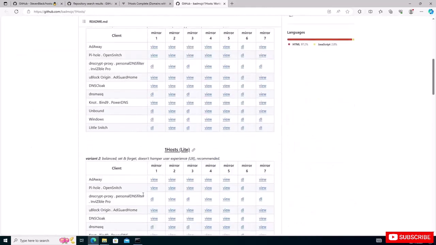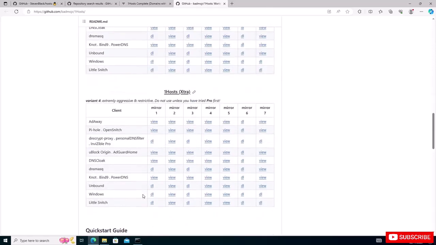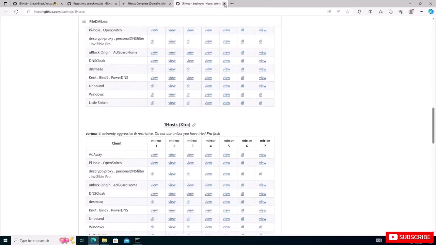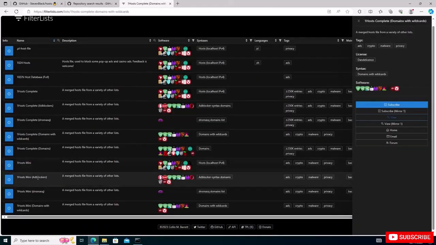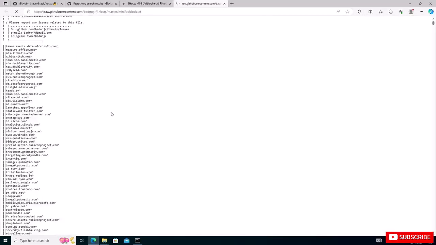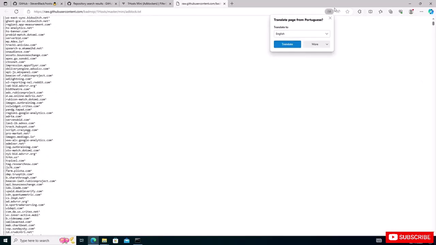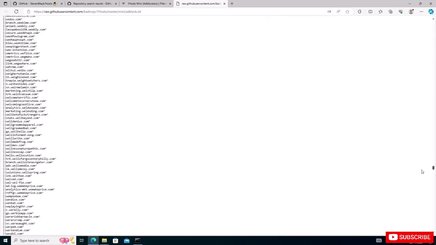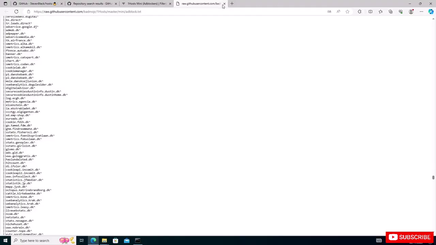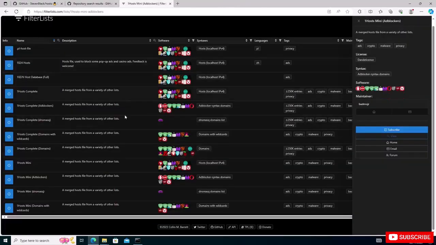It has a lot of information here. So let's pick another one. Let's say we want to block advertisements, and we can pick this list. Click on the information, view. You'll see we have a large list whose only purpose is to block advertising. So you can find different lists on this filterlists.com website,